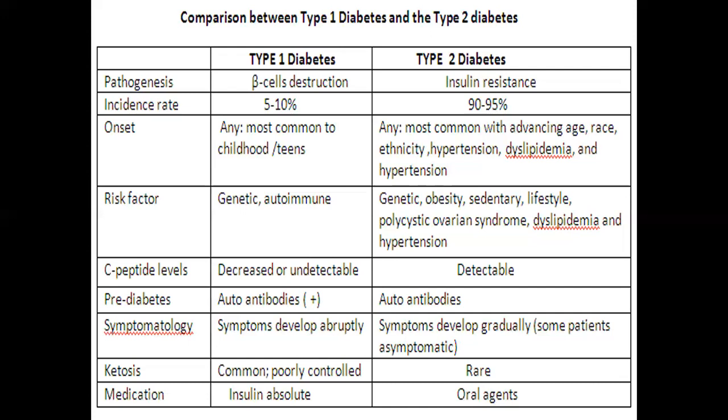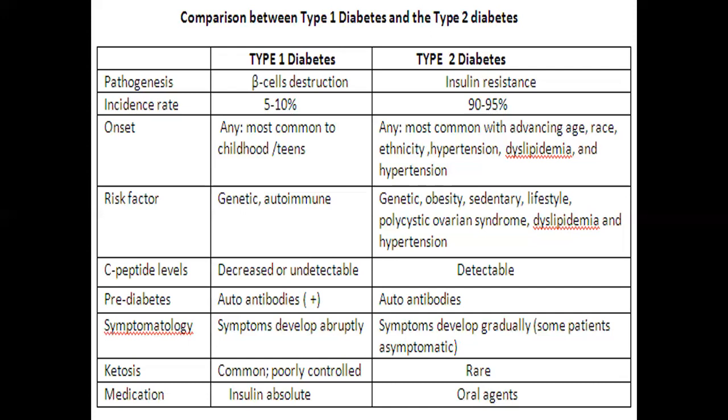So maybe lifestyle factors such as having a sedentary lifestyle or being obese, or some genetic factors, and any other conditions such as PCOS, dyslipidemia, and hypertension. When we measure the peptide levels, usually there are detectable levels in type 2 diabetes, whereas it's decreased in